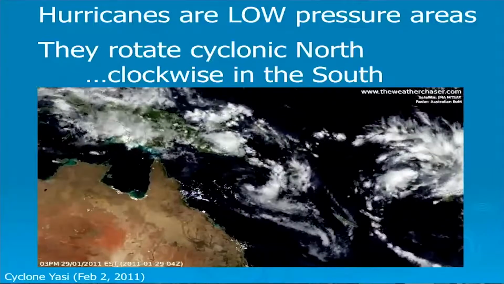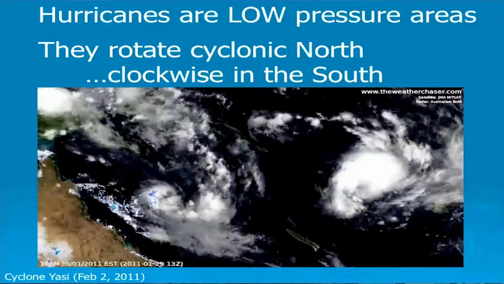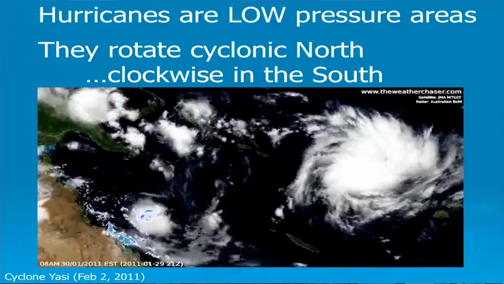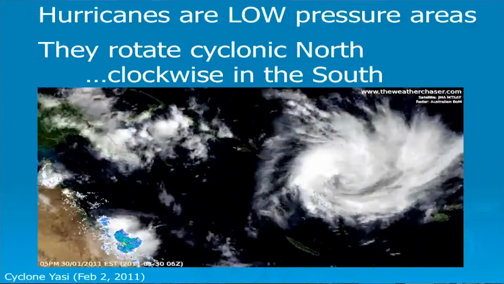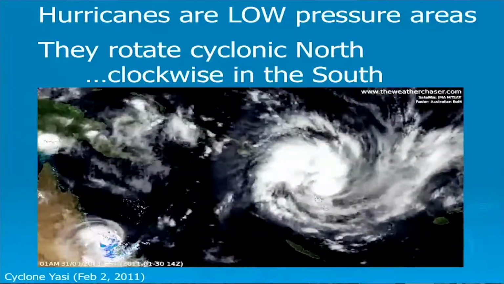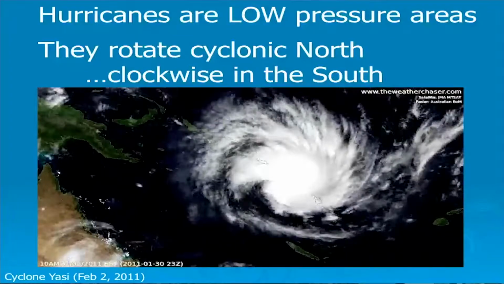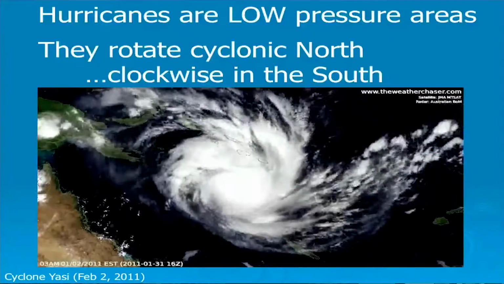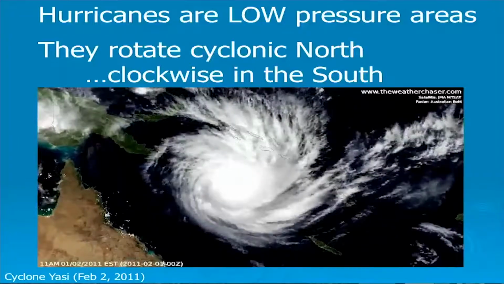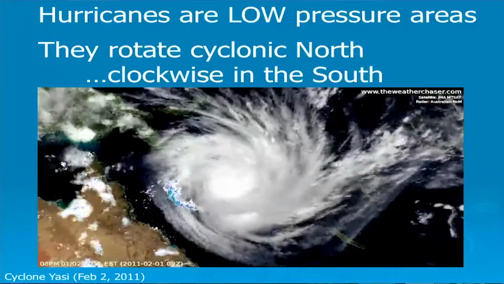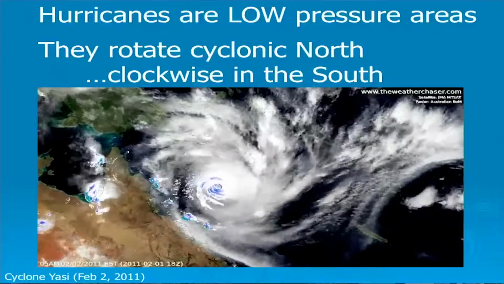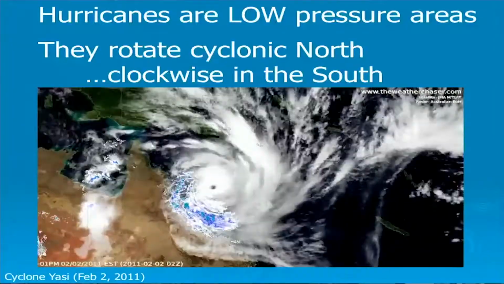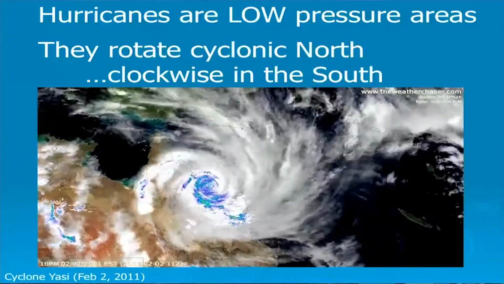Here's a movie of one developing and forming off the coast of Australia. So that means they will rotate clockwise. As it gets more and more organized, eventually you will see the eye and the eye wall form. And as it gets close to Australia, the colors you see are from the radars monitoring the precipitation from this system.